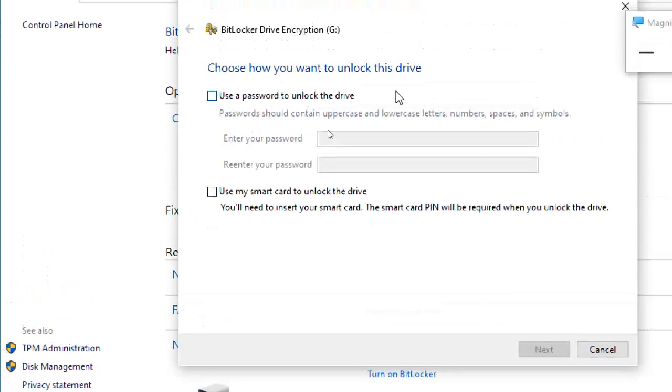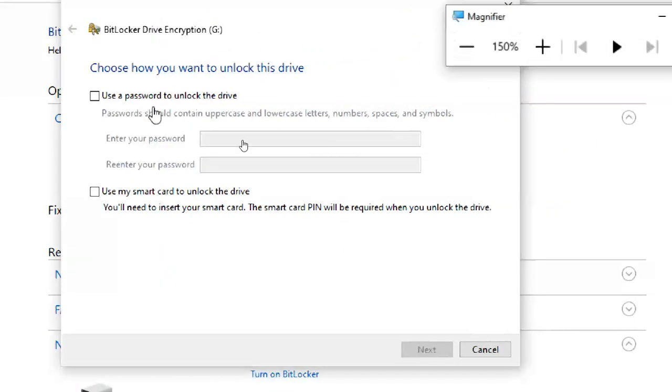Here it is asking two options: use a password to unlock the drive, or use my smart card to unlock the drive. What is this? Organizations and companies use smart cards with a smart card PIN to unlock the drives.